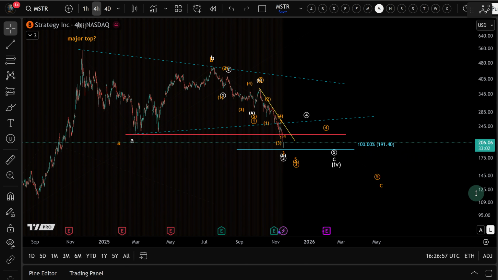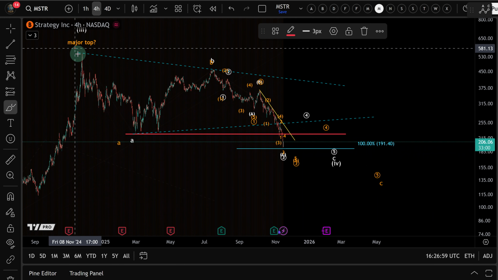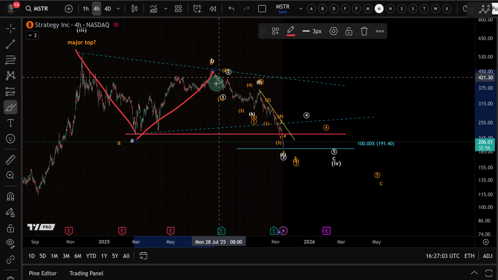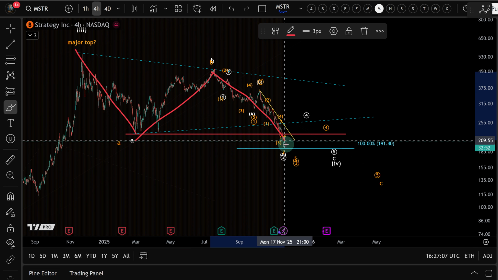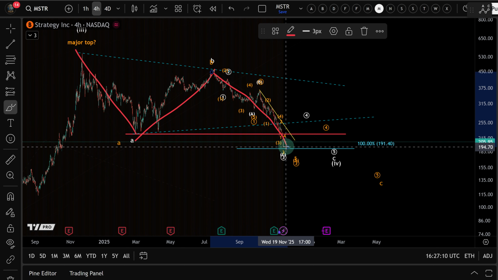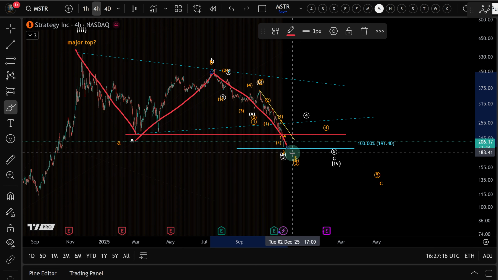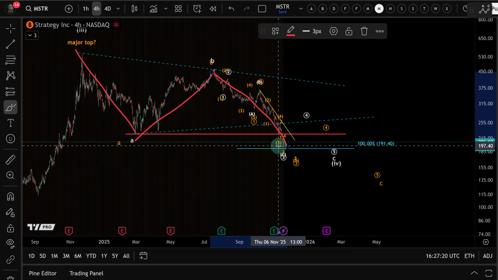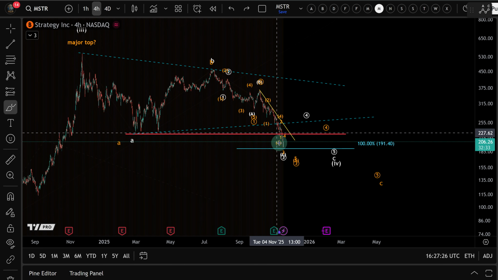How do we define this one? Well, it's based on the initial decline, which is labeled an A wave. The bounce is a B wave, and the C wave to the downside normally should reach at least the 100% extension. So that's been our projection for quite some time. As I said to you, we don't expect this low to have formed yet, also because we had not yet reached this level. Well, we're there now. So the question is, have we bottomed?